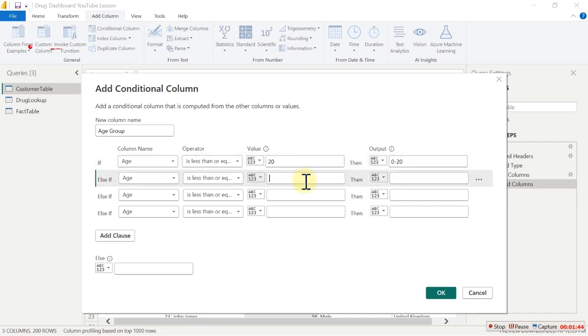So over here, we're going to do 30. That is like a 10 interval, right? So we do 30. Then this one will be 21 to 30, right? So over here, we do 40. So we do 31 to 40. And over here, we're going to do 50. And right here, we're going to do 41 to 50. And finally, on this one, we're going to say 51 plus. So that is going to be 51